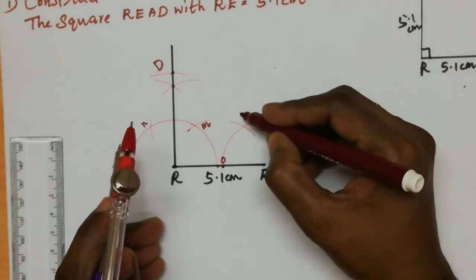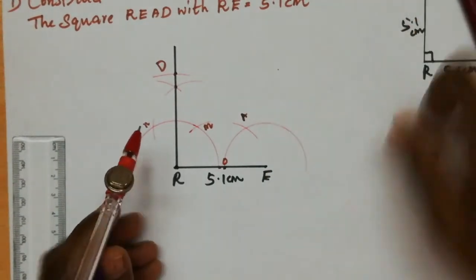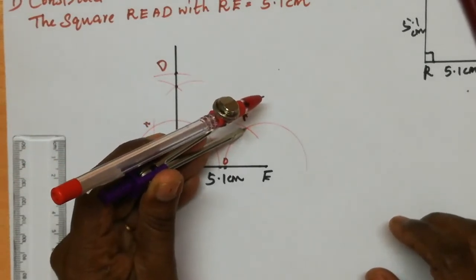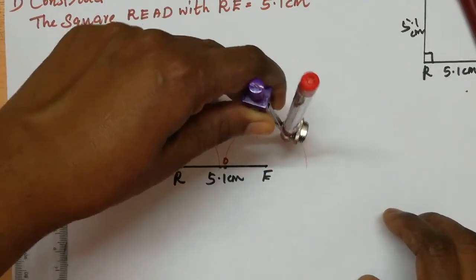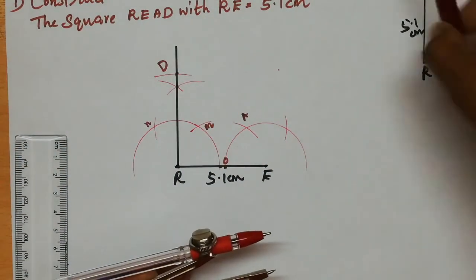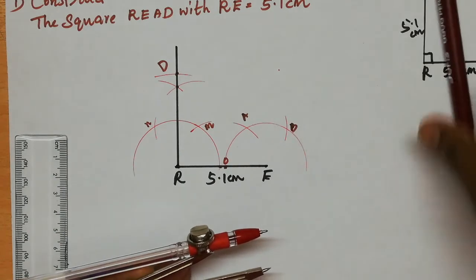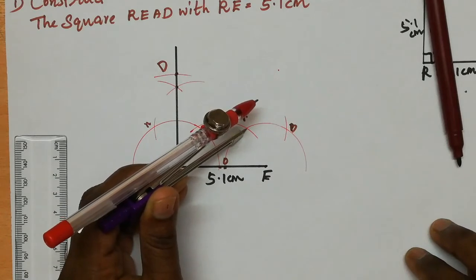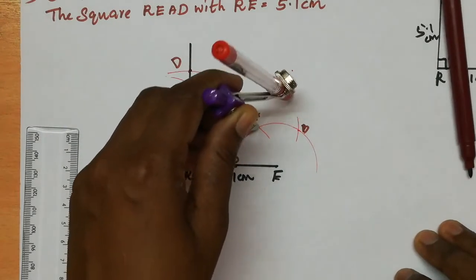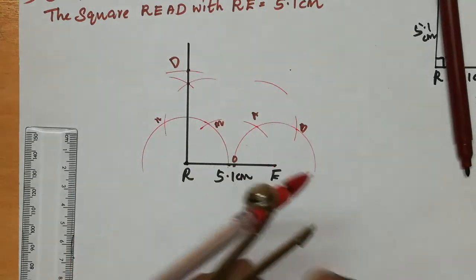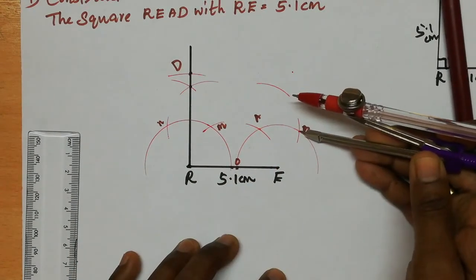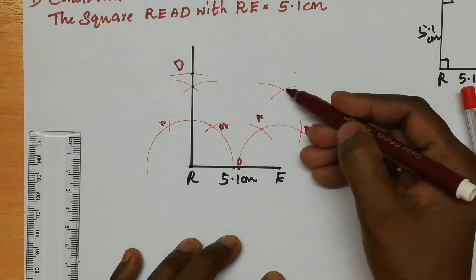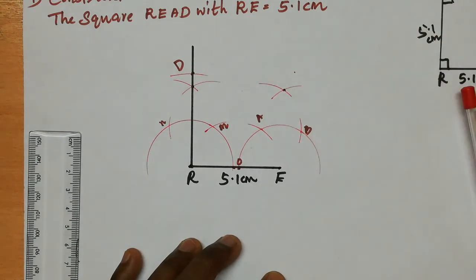So I can name it A. Then pointing at A, we can make another arc that is 120 degree. Then that is B. So without changing the radius of the compass, again pointing at A, we have to make an arc over here. Then pointing at B also, we have to make another arc. Now we got an intersecting point here. This is the point at 90 degree.